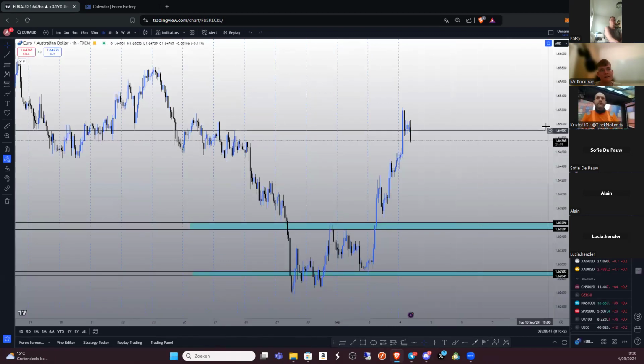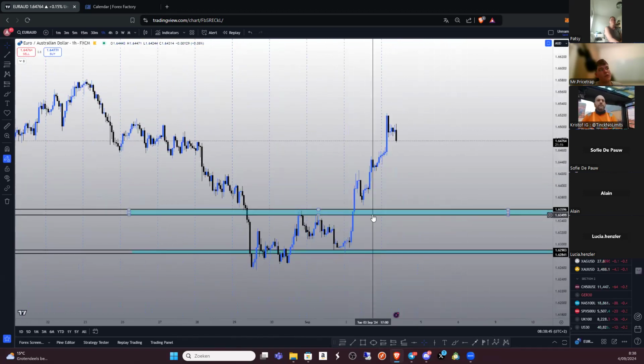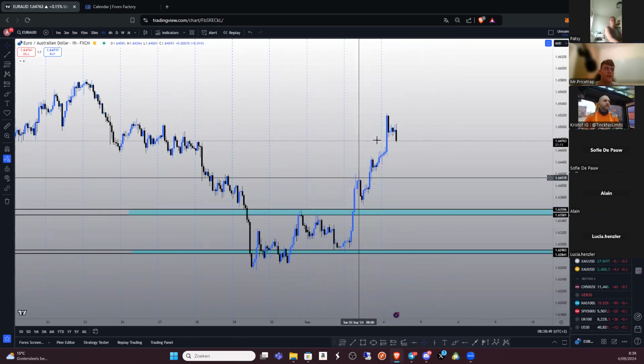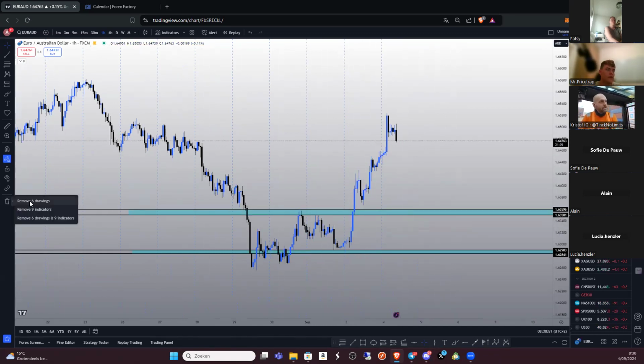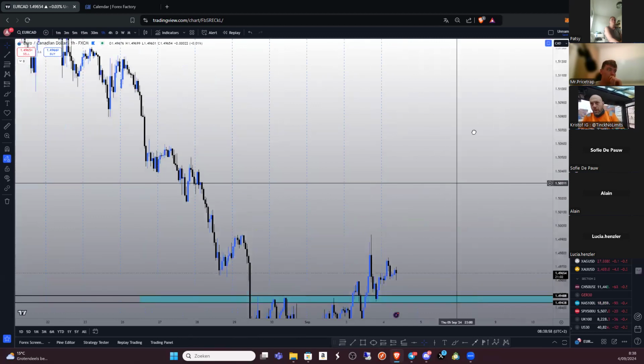And if you take a look, this is almost exactly the same thing here for Euro AUD. The market broke out, never really came back for that deep retest. So we never really had that opportunity to get a buy order here on Euro AUD, okay? So we can delete that, move on to the next one. And like you can see, the next one is right over here.